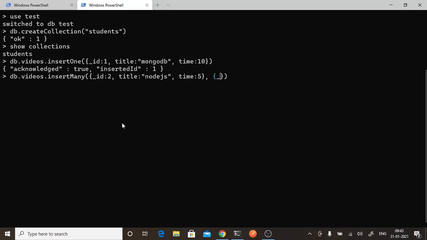And one more record you can have, _id 3, title PHP. Whenever it is a string, you have to give the value in double quotes. And time, let's say I'll give it 7 minutes.